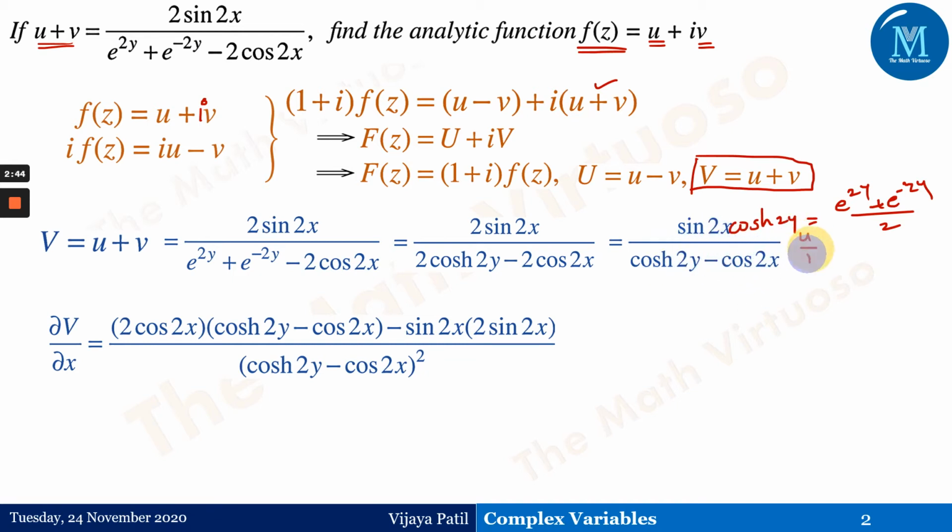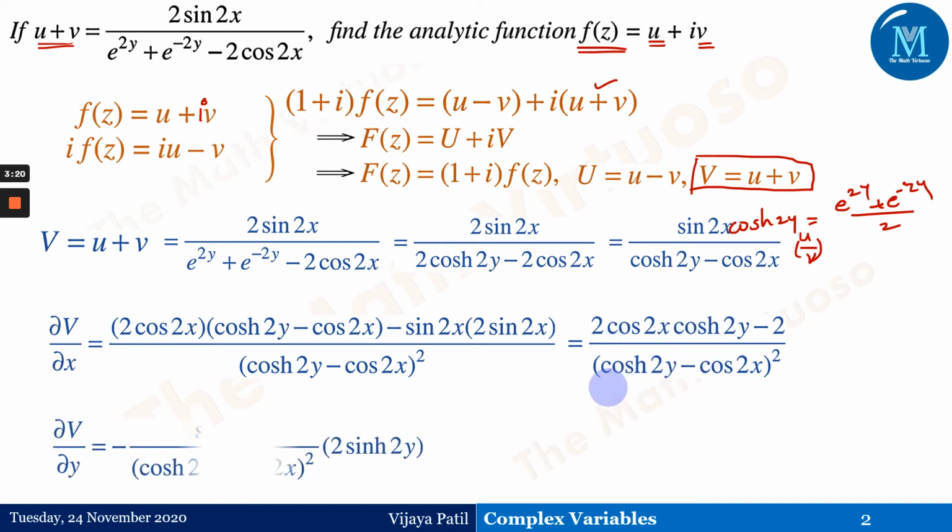So this is the u by v rule we have to use. Now please don't get confused between this u and this particular u. This is the use of the differentiation using the u by v rule, and this is 2 times cos of 2x into cos hyperbolic 2y minus cos of 2x, because denominator as it is into differentiation of the numerator, minus numerator as it is into differentiation of the denominator, that is v here, divided by cos hyperbolic 2y minus cos of 2x the whole square. Similarly, if you simplify, after simplification we will get something like this. Then dou v upon dou y.